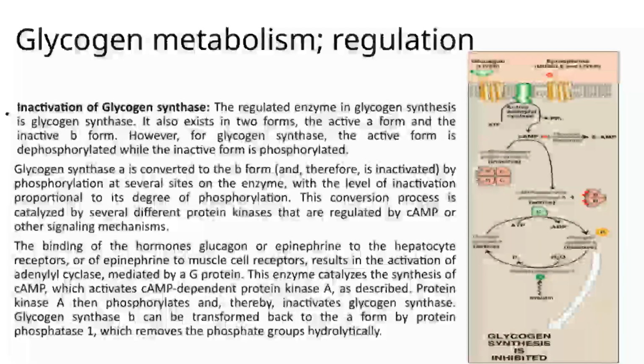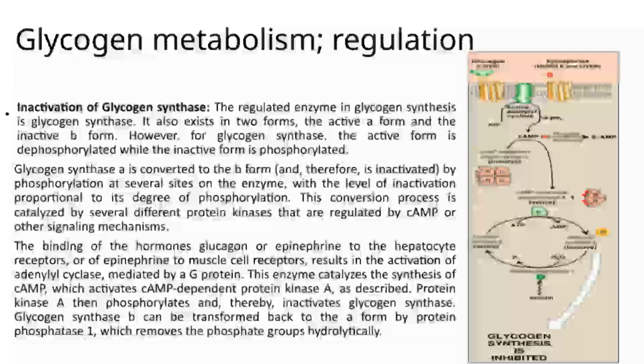Let's focus on the inactivation of glycogen synthase, which is the key enzyme responsible for glycogen synthesis. Glycogen synthase exists in two forms, the active A form and the inactive B form. The critical difference between them lies in phosphorylation. The active form is dephosphorylated, while the inactive form is phosphorylated. When glycogen synthase is phosphorylated at multiple sites, it becomes inactivated, and the extent of inactivation depends on how many sites are phosphorylated. This phosphorylation process is carried out by several different protein kinases, which are themselves regulated by signaling